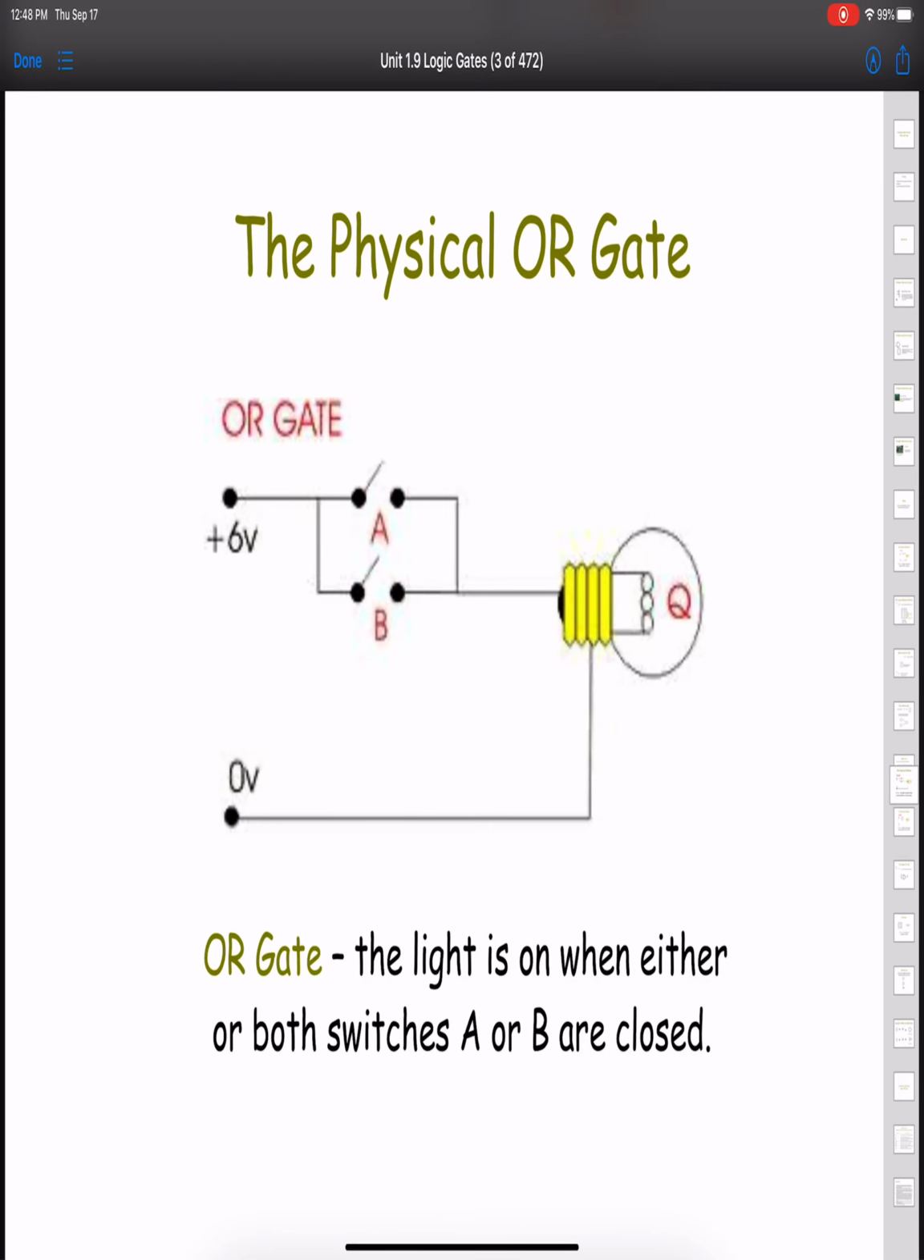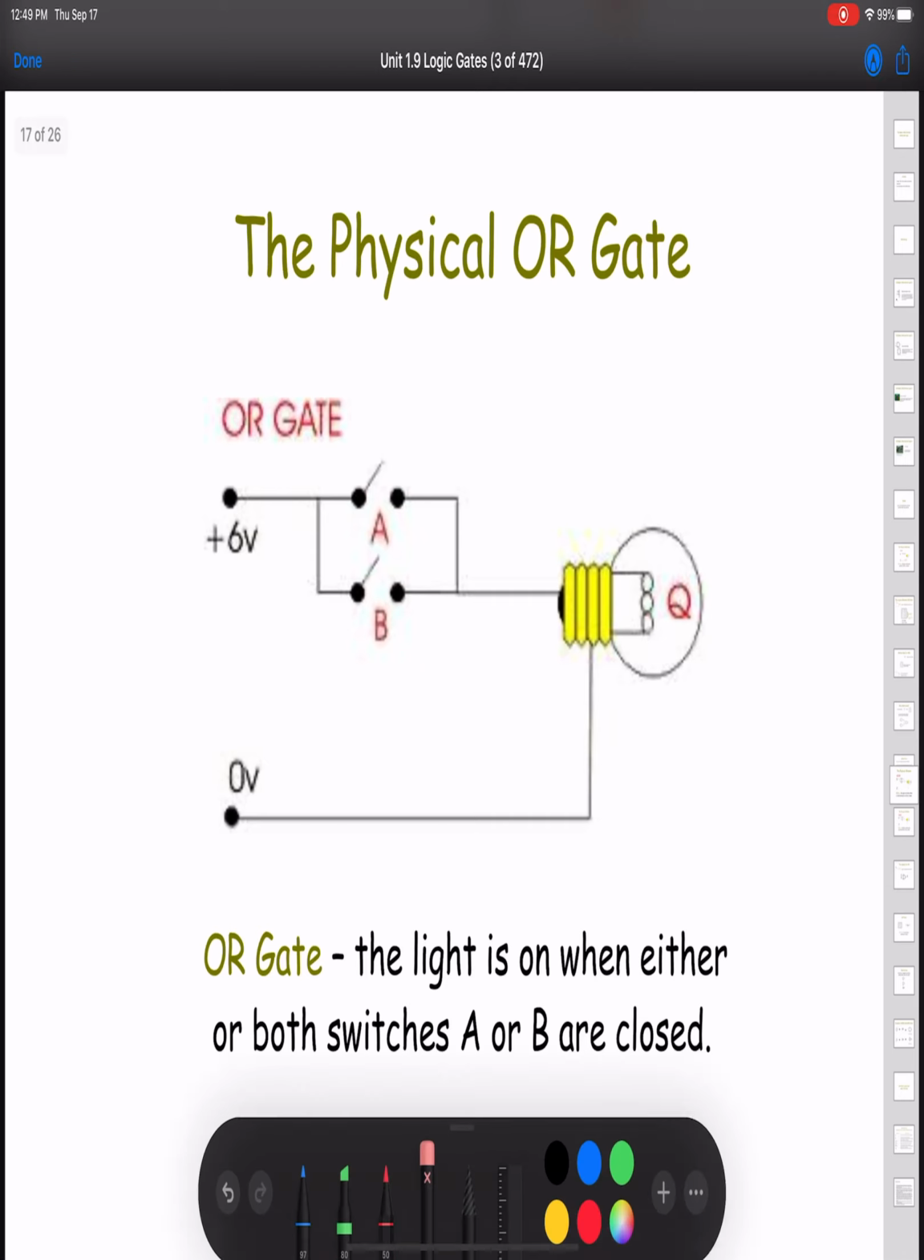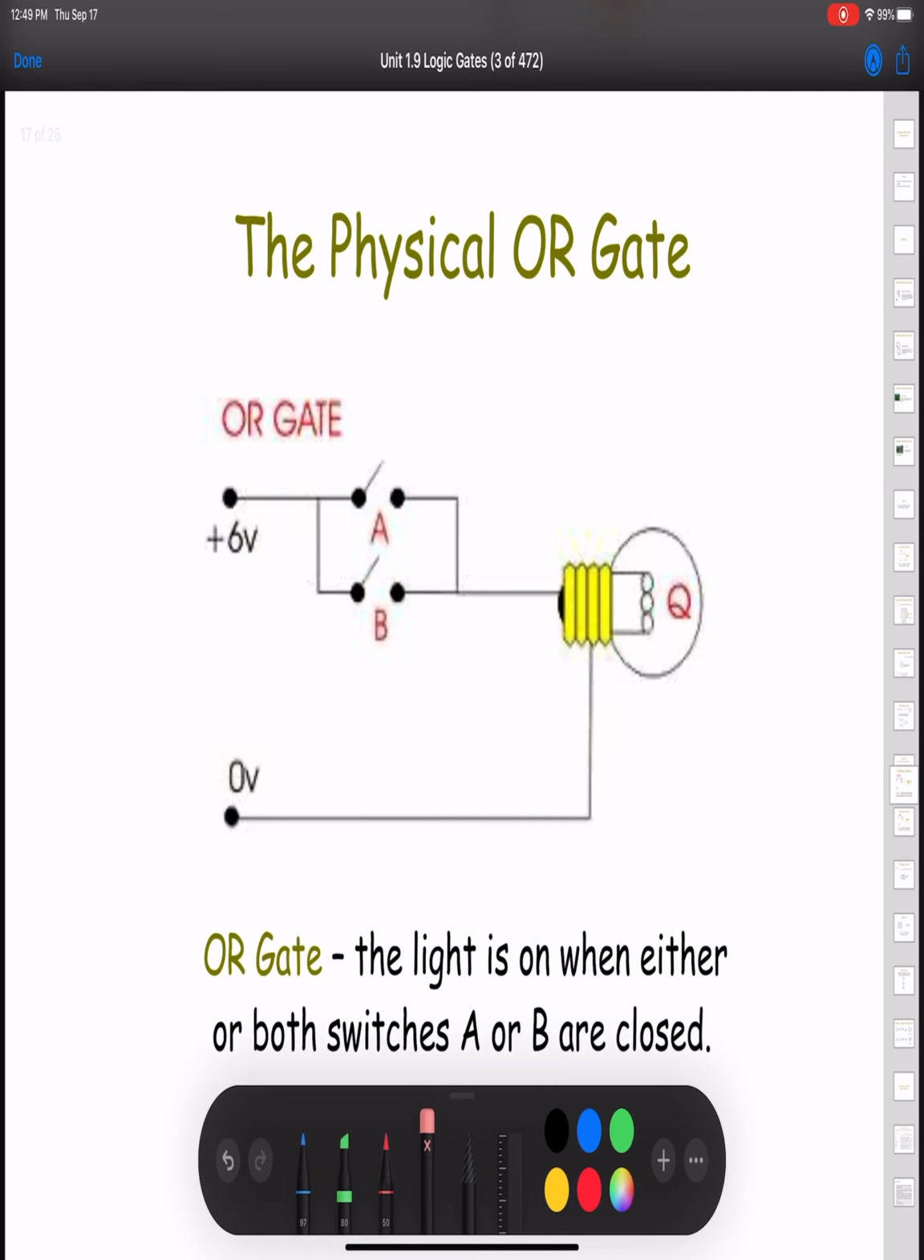So, the physical OR gate. The OR gate is the next one. And as you can see, for those of you that took physics already, you probably saw the AND gate as what's called a series circuit. This would be an example of a parallel circuit. Instead of having one pathway for the electricity to flow to get to the end result, the bulb, what we have here is a parallel connection, which means electricity can flow through in this direction, or it can flow through on this branch